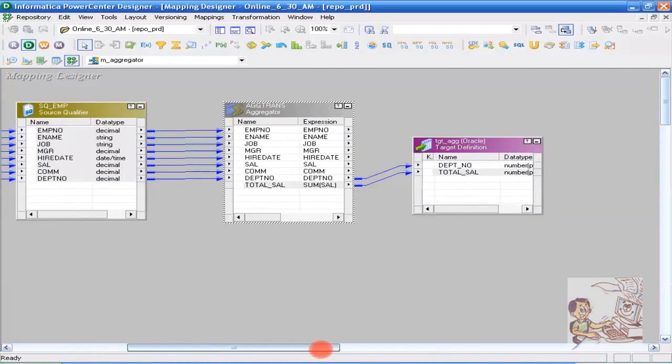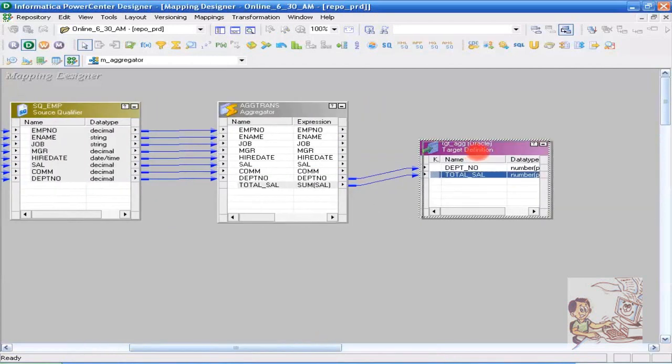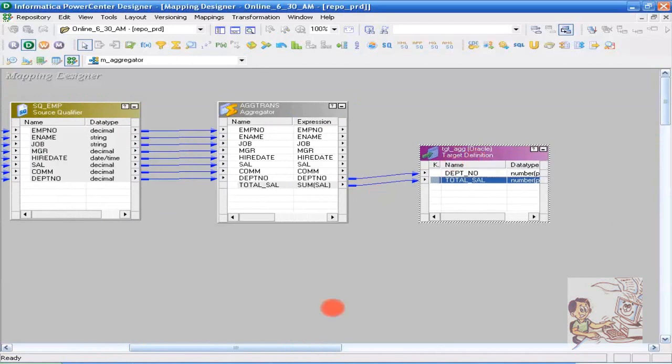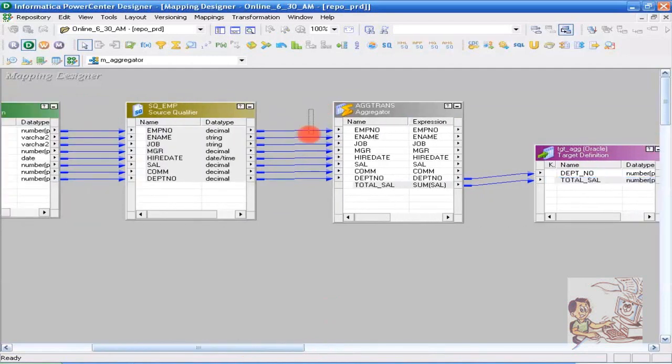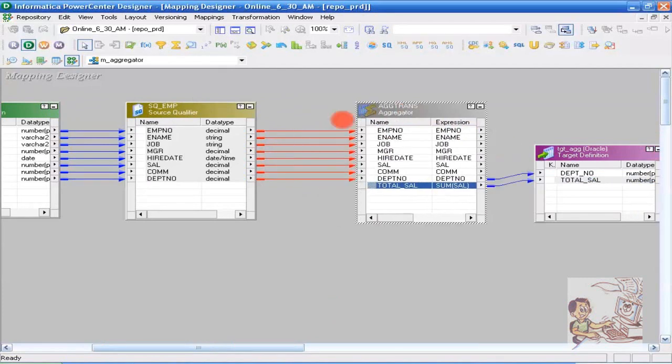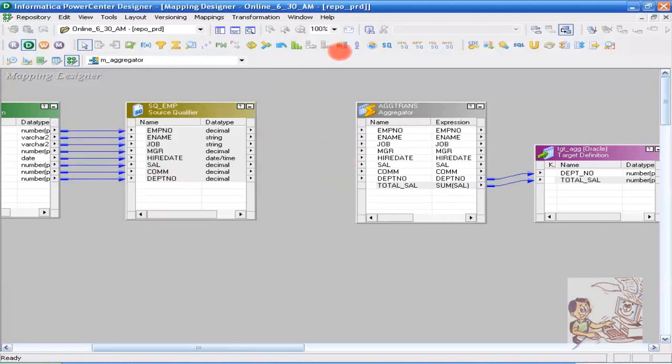We are pushing more work to the database to sort the data first, or whatever your source is. So it means whatever your source is, in this case for example Oracle, then Oracle will have to do more work before spitting out the data because it has to sort it first. Yes, sir. From the database you can select the sorted data,